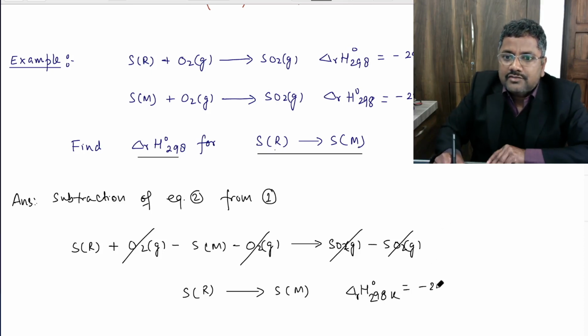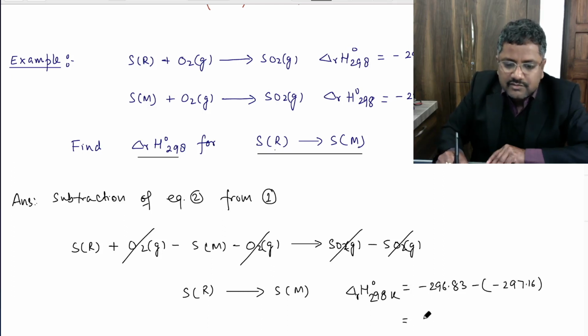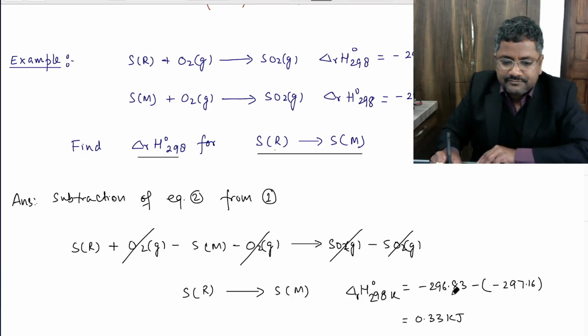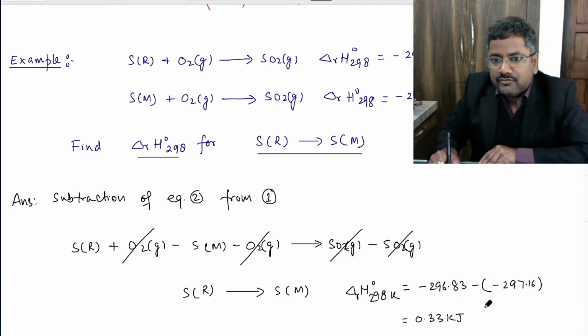So minus 296.83 minus 297.16. So this is equal to 0.33 kilojoule, right? 0.33 kilojoule. So this is the